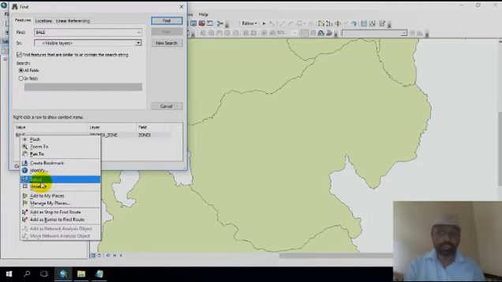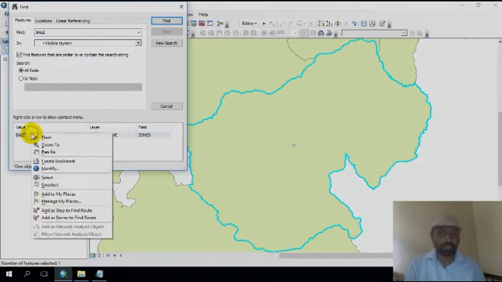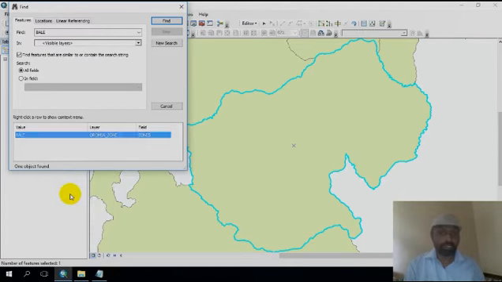Or suppose you want to select, it will show this boundary of the Bali zone. It will be selected, or you can add it to my places. This is already added to your places. Okay, this one is all fields.